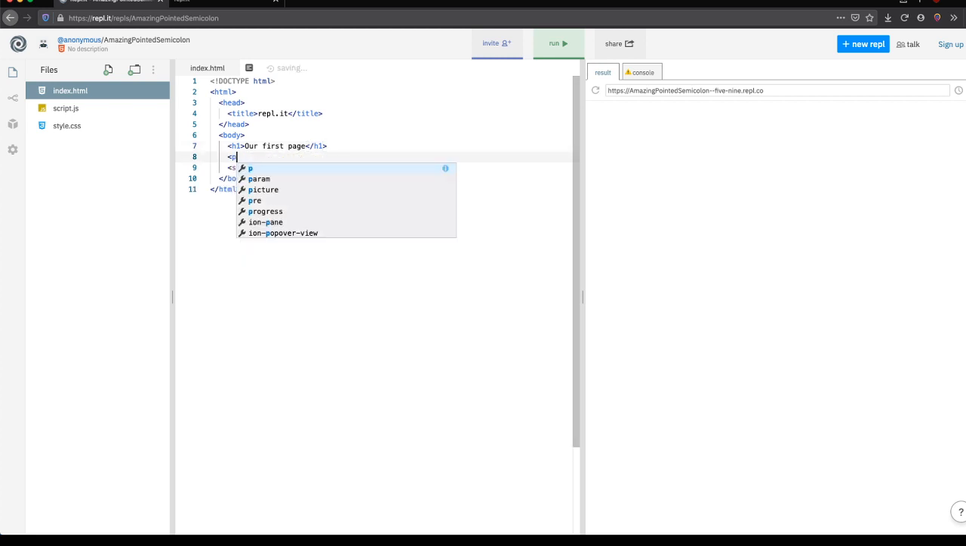We can add more. There's H1, which is header 1. There's all sorts of different HTML tags. As I say in the lecture videos, this isn't really an HTML design class. So